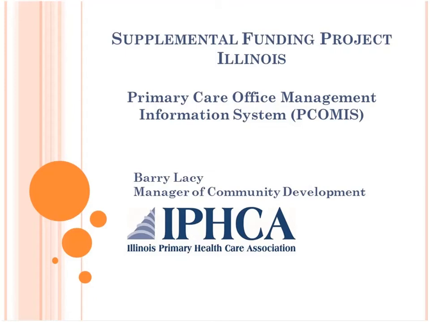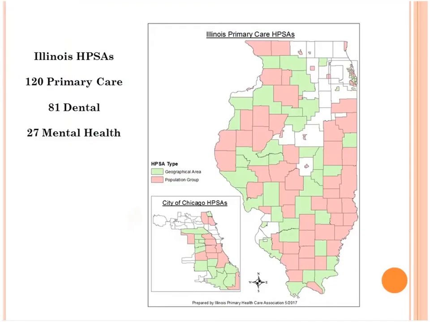So without further ado, what we came up with here in Illinois is once we had all of our HPSAs sitting there in SDMS that hadn't been updated, we're looking at somewhere to the tune of 230 HPSAs, 120 primary care, 80 dental, 27 mental health HPSAs that were cut up into catchment areas. We also had a great many in the urban HPSAs in the city of Chicago too, which there are thousands of doctors in some of those